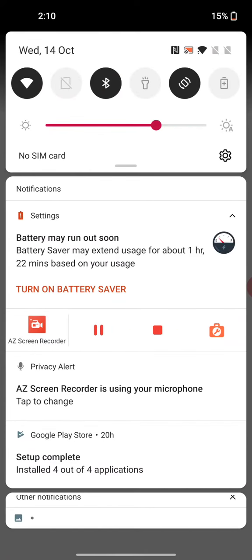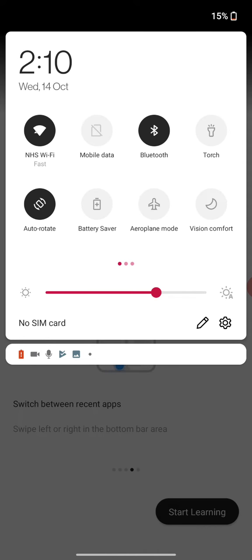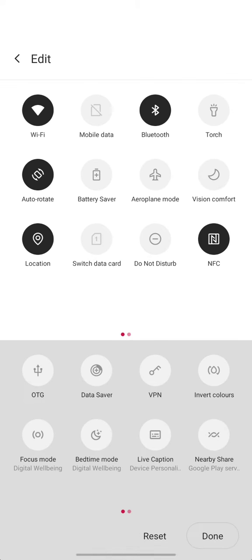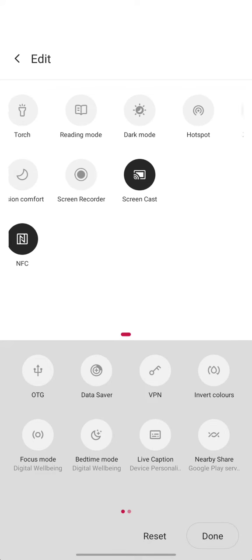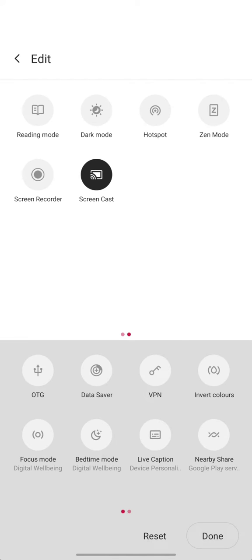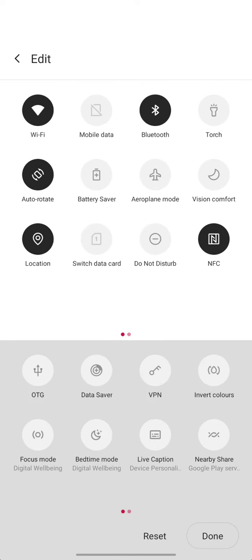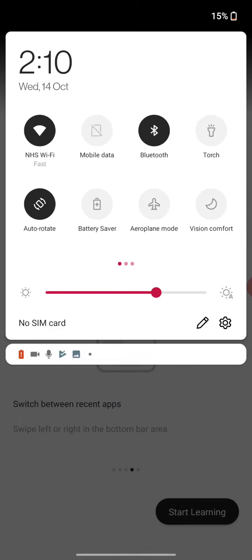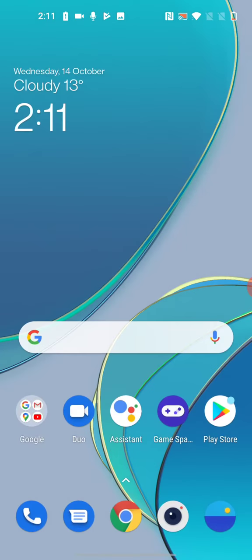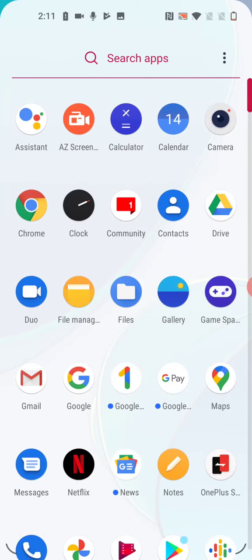Obviously at the top here you can adjust all these shortcuts and add different shortcuts if you wish. You can maybe have a VPN shortcut and put that in the top. You've got a hotspot in there, you can turn that on or off. You've got nearby share, and you've got screen recorder, which I'm already using to record this entire thing, and hopefully I will be able to show you down here some of the apps that you've got